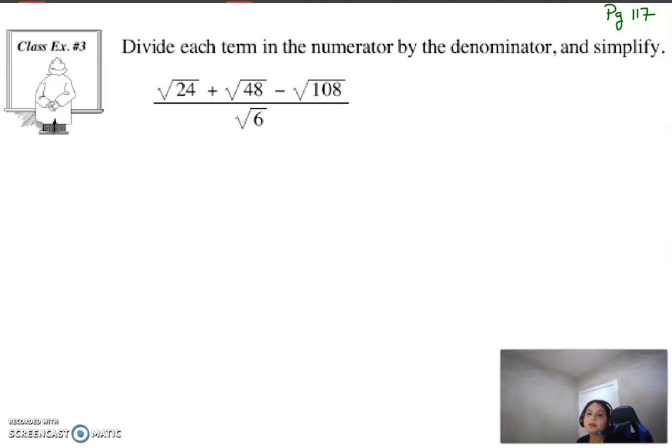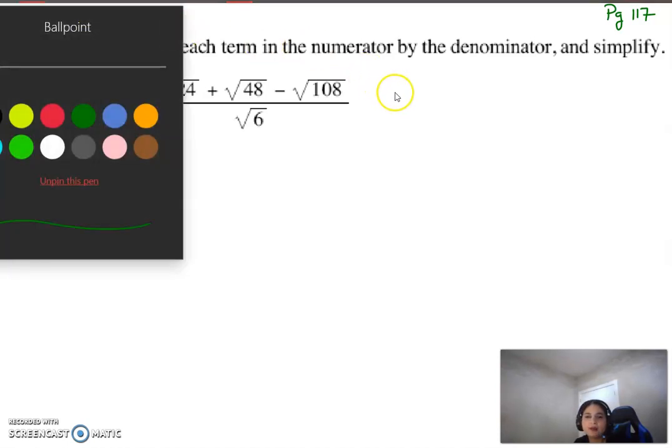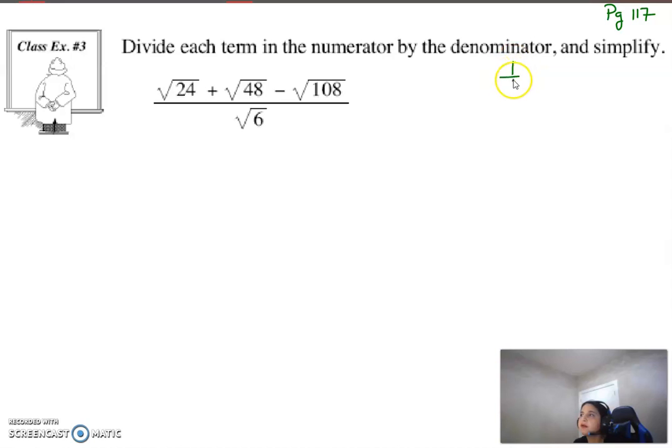In class example number 3 on page 117, you'll notice that we have a numerator with a few terms in it. Before I do this example, I want to talk a little bit about how we add fractions. Just a reminder that if we have a few fractions that we're trying to add,